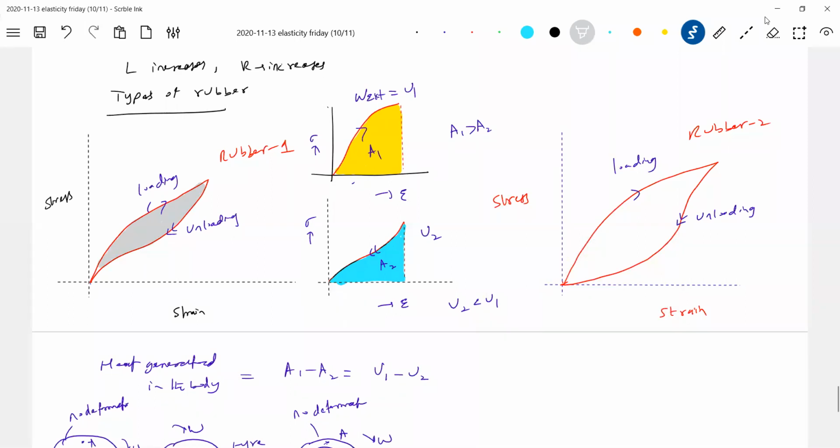So that's why, if you're purchasing car tires, you'll ask for a trial. Then when you go for 5 kilometers, stop, and touch the tires. If they're very hot, then it's a poor rubber. If the tires are not at all hot, then it's a good quality rubber. This is what we prefer for car tires.